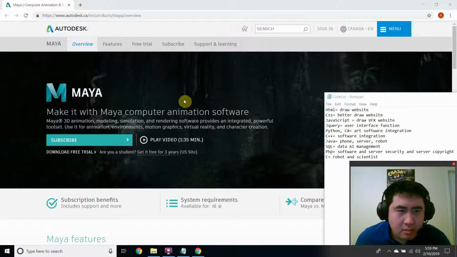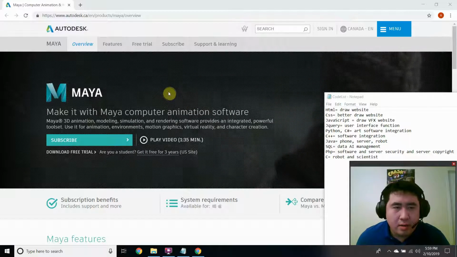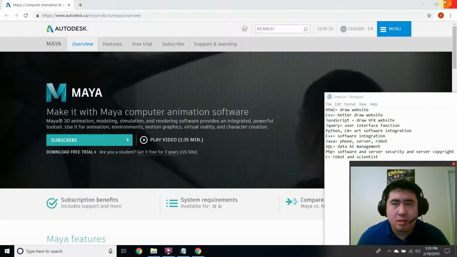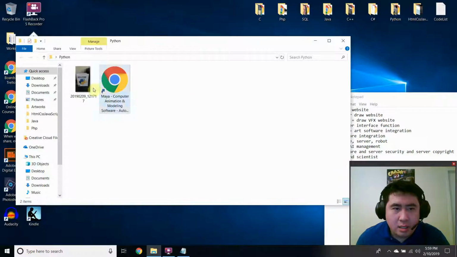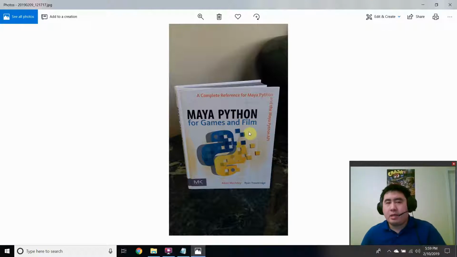Maya is a 3D animation art tool to create your own 3D animation game assets. This is Maya Python trying to tell you that it exists. That for games is my own textbook, Maya Python for games and films. It's mostly to make your own game assets with better interfaces that can interact in making your own game assets a bit faster in Maya